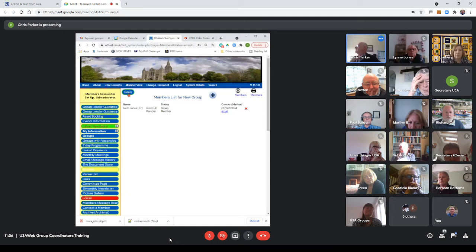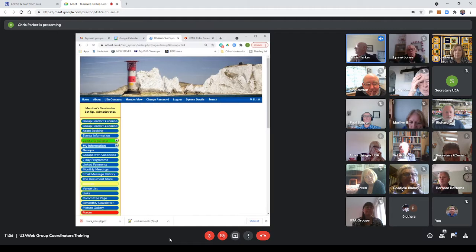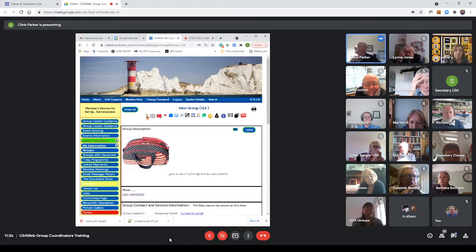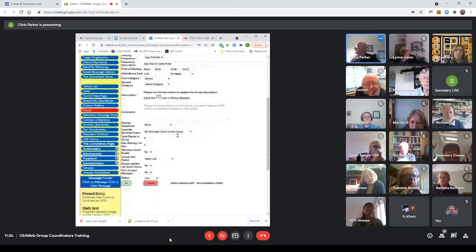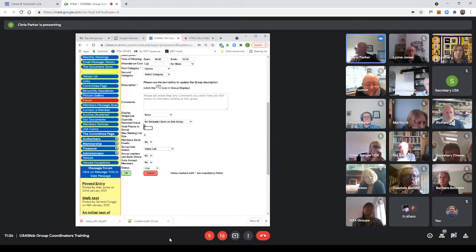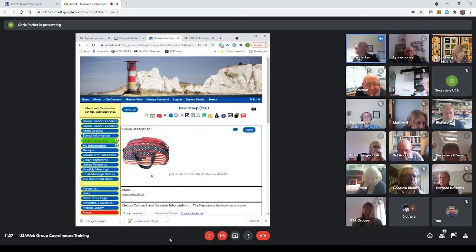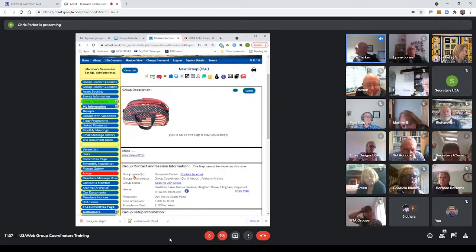They will get an email saying that they are now a member of the group. I'm going to just change the... Right. So the group leaders can add it, but obviously individuals can apply themselves. So if they're going into the group list and they want to become a member,